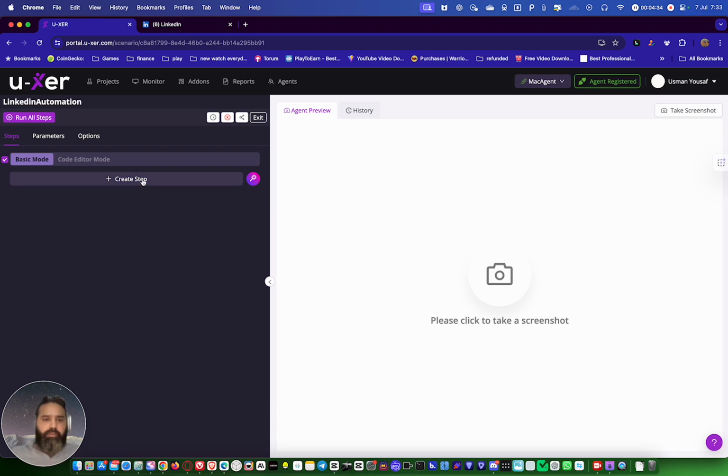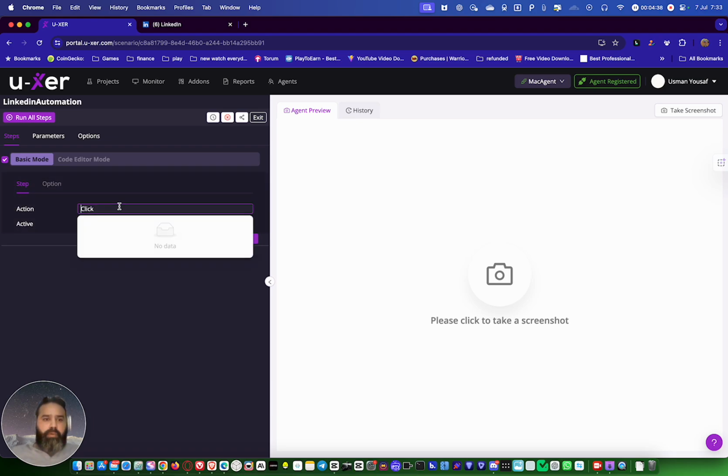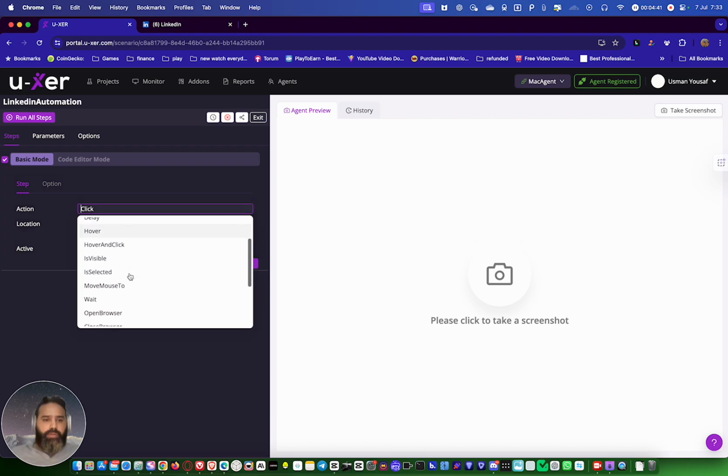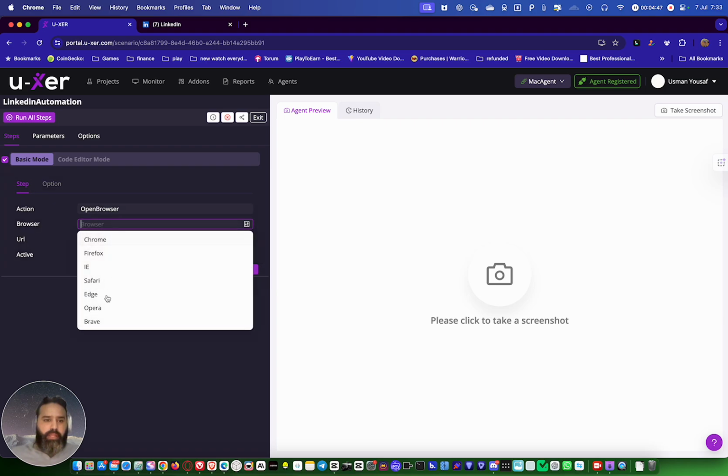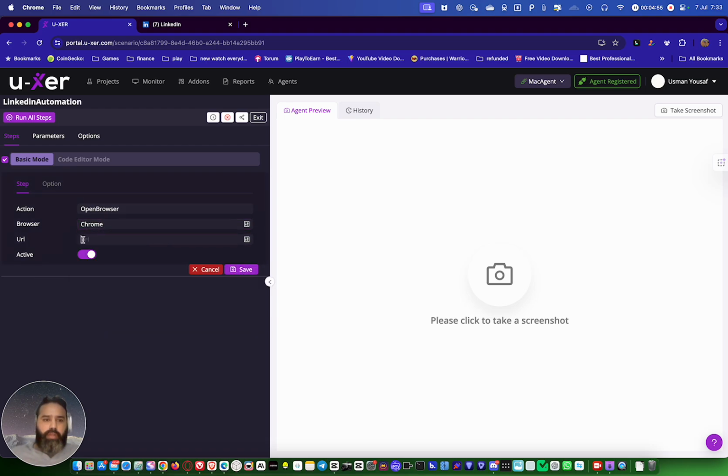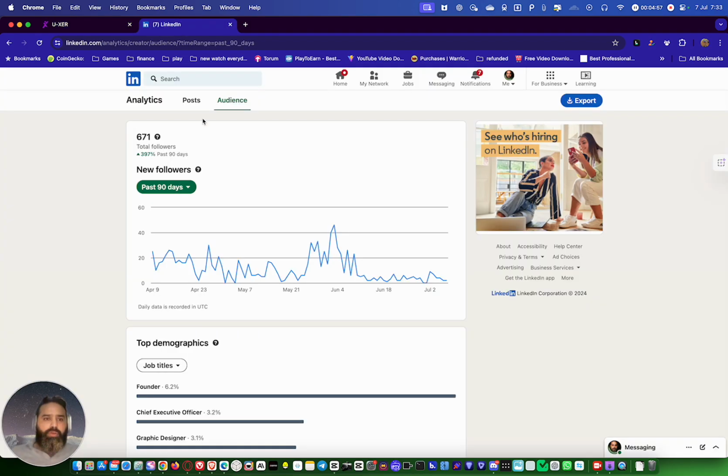Now let's create our first step. The first step is that we open browser. So we select open browser. And now the best part in user is that there are so many browsers to select. But in my workout, I found that Chrome works the best. Go to Chrome. Now here you have to add a URL.